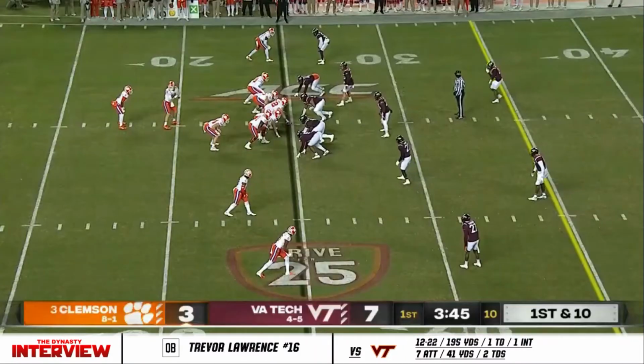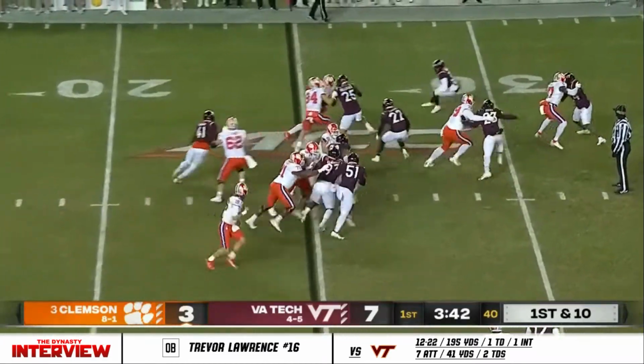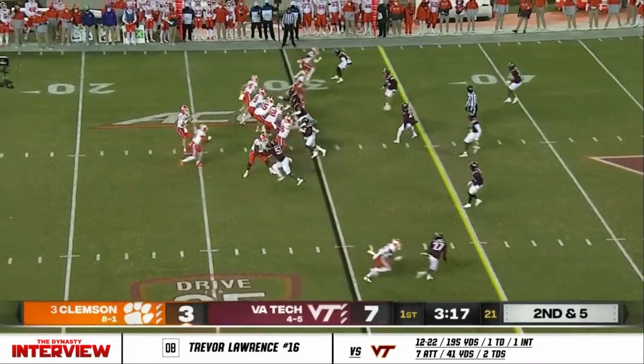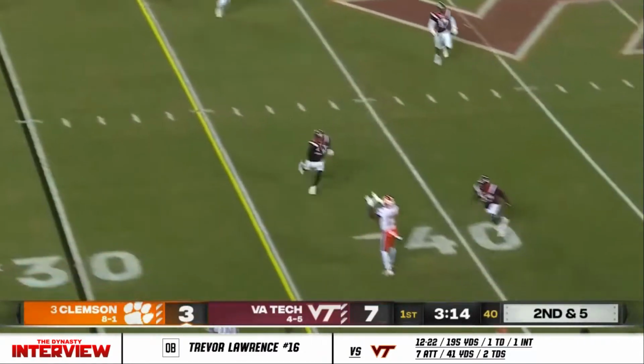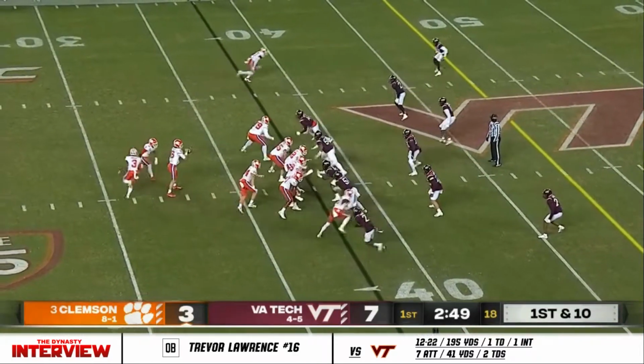And Lawrence at quarterback. They were down against BC and, of course, Notre Dame when Uiagalelei was the quarterback. They really want more detail and finishing blocks up front. 2nd and 5, long throw. Catch made by...